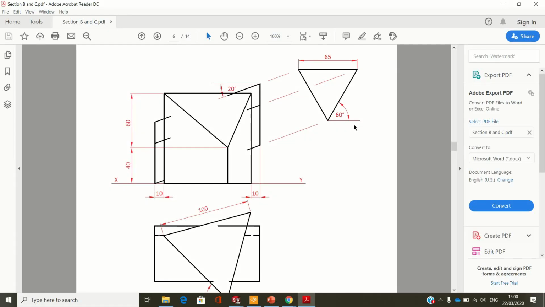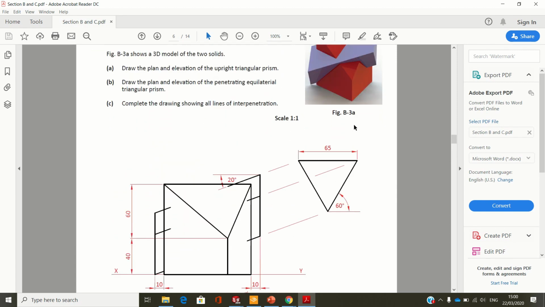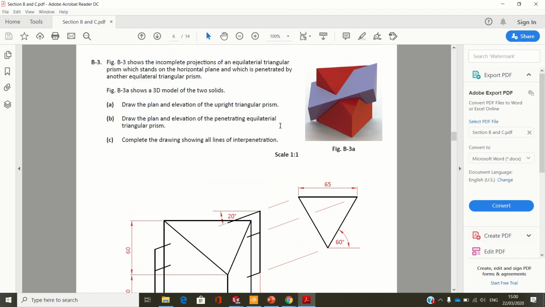So this is a short video to explain how we're going to approach solving the exam craft mock from 2019. We have the question here: draw the plan and elevation of the upright triangular prism. Draw part B, draw the plan and elevation of the penetrating equilateral triangular prism and complete the